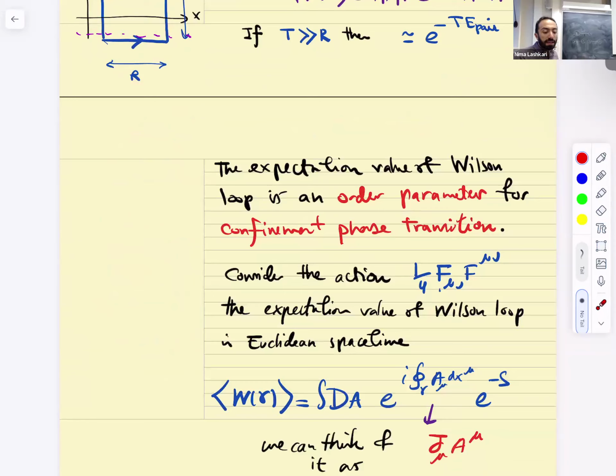In fact, the expectation value of the Wilson loop is an order parameter, or maybe order parameter is the wrong word for it, but it could be used to detect the deconfinement phase transition. Now, here's how it's going to behave. Above the confinement-deconfinement transition, when it's deconfined,